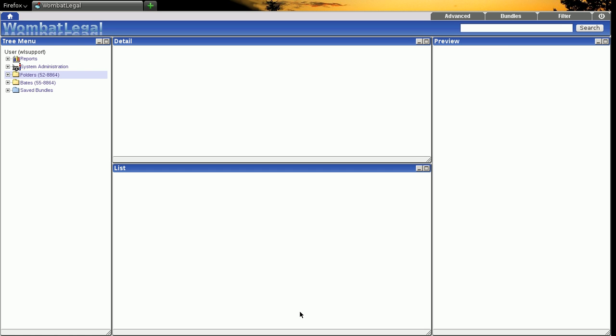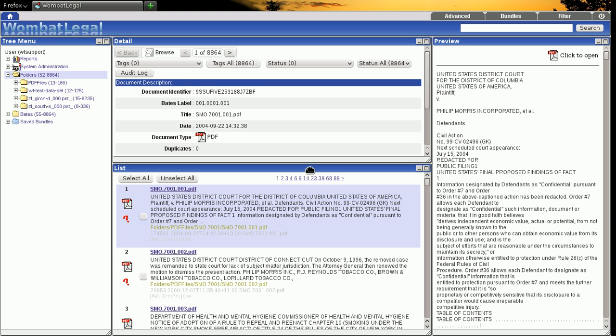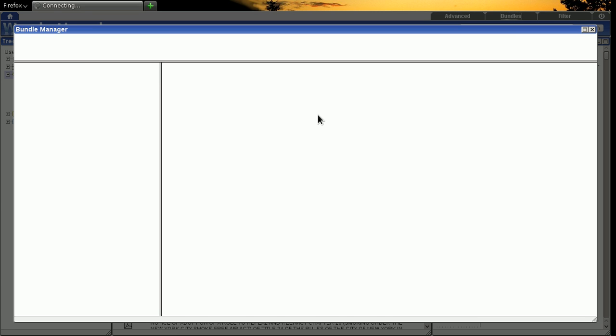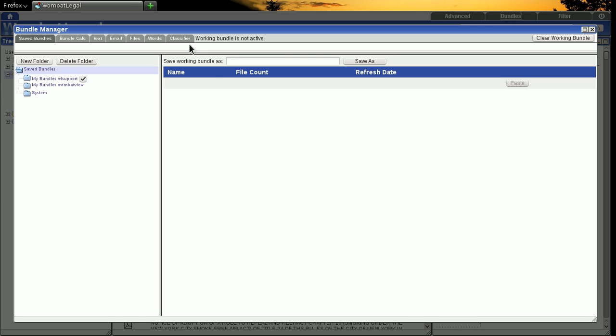In this video, I want to demonstrate the use of the predictive coding functions within the WombatLegal system to classify documents. So we have 8,800 odd documents loaded in the system, and in order to use the predictive coding functions, we need to go to the Bundles tab up here on the top right, which will open the bundle window. Then we need to click on the classifier tab,